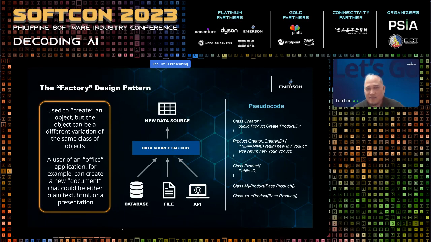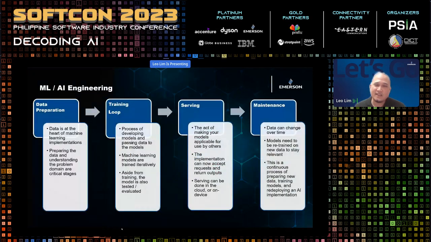So now that's the example of a traditional machine learning pattern applied to an AI context. Let's now look at the other bubble, which is really the ML or AI engineering. So this is a typical workflow for a machine learning engineering. When I say engineering, it's because there are steps involved, right, when you're trying to implement a machine learning or AI type of system.